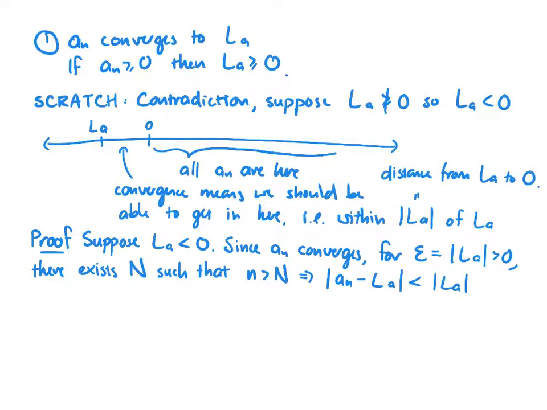Okay, but here's something that we can say. All right, we know the absolute value of A sub n minus L sub A is actually equal to the absolute value of A sub n plus the absolute value of L sub A. How do we know that? Okay, so